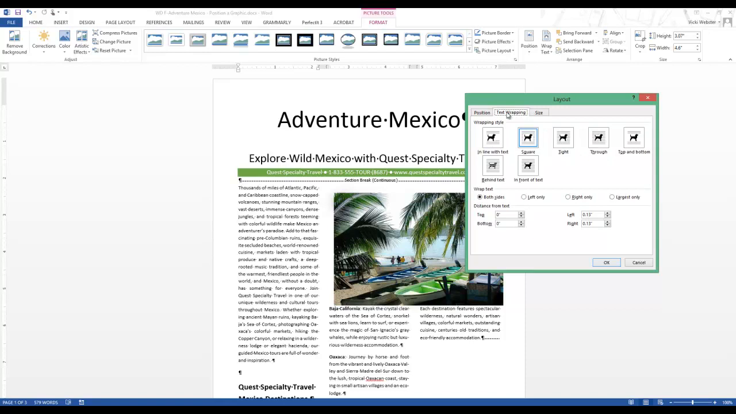I'll go to my text wrapping tab, and of course we can use text wrapping to change the text wrapping style, to wrap text around only one side of a graphic, and to change the distance between the edge of the graphic and the edge of the wrapped text. And that's what I'm